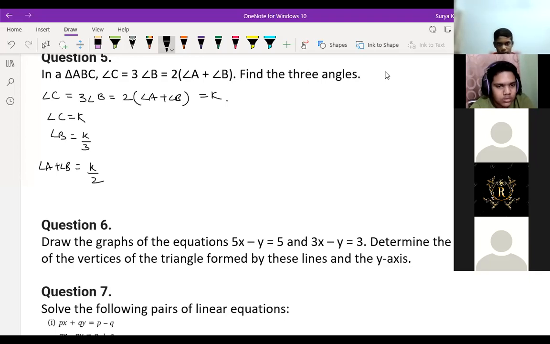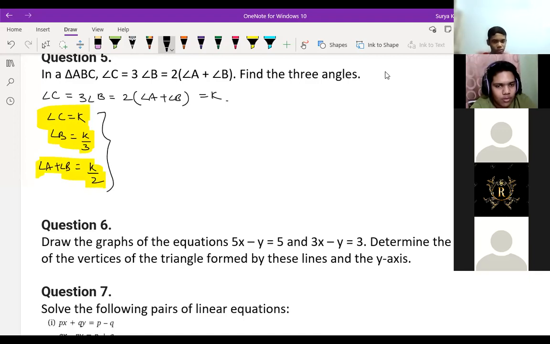So we can do it by x and y also, sir. Yeah, obviously this chapter is based on a pair of linear equations only, so obviously you can do it by x and y. But this is the easiest, children. If any triangle is coming in the exam, this is the easiest way to solve, because you let K, angle C, all three equal to each other. So angle C we can write K, angle B we can write K by 3, angle A plus angle B we can write K by 2. Is it clear, Hemant, Adarsh? Javian, is it clear to you also? Yes, sir. You can do it by x and y also, not a problem, but this is the easiest method. If you do it by x and y, it will become longer again.